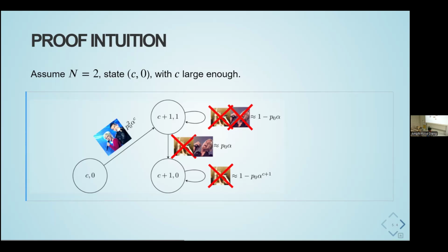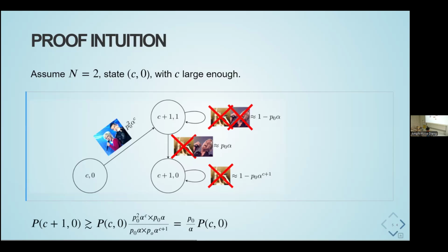And as long as none of them speaks, you stay in the state. Then at some point, Bob speaks, not Alice. You reach C plus 1,0. And then as long as Alice does not speak, you will stay in that state. Okay, so you've got this path, and this is exact. And if C is large, you can approximate the different values with this.